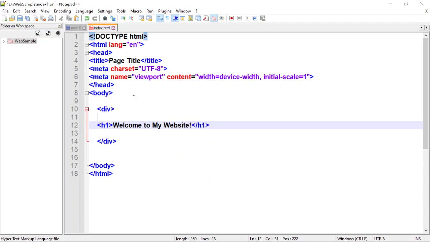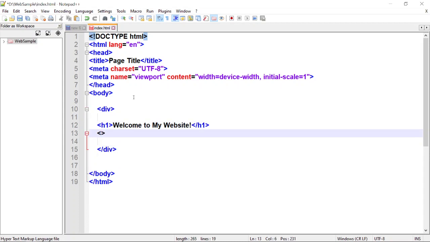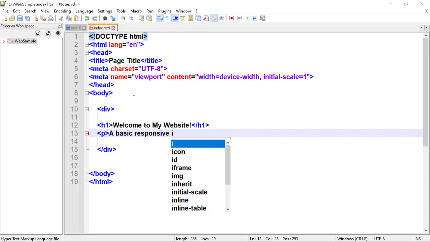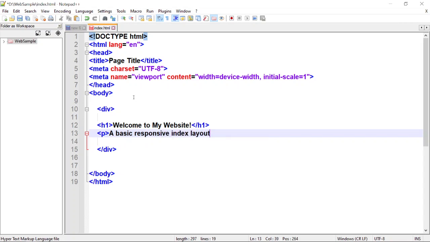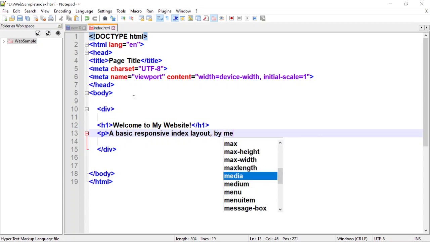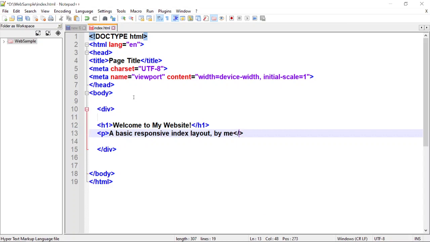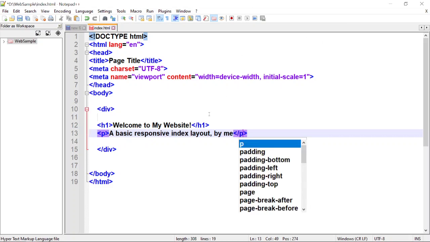And then a subtext saying a basic responsive index layout by me. Yan na lang. P. No? So